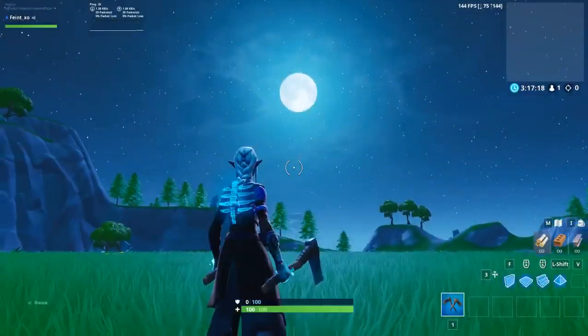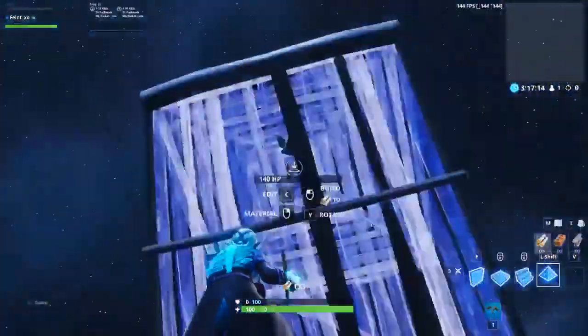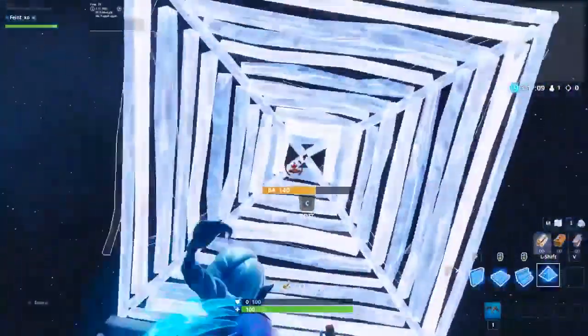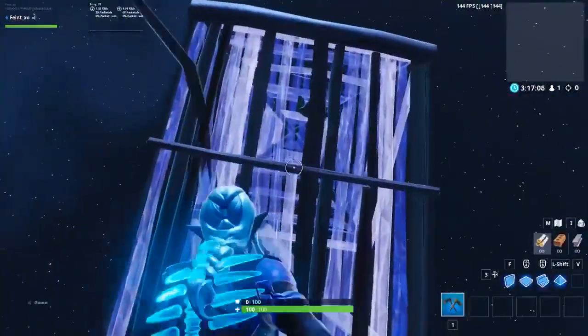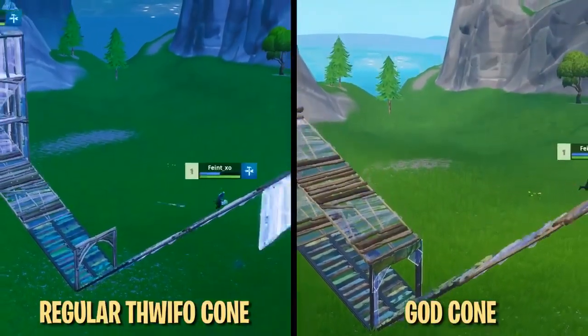The last variation, dubbed the god cone, is a little trickier. It starts out like the original 3-fo cone, but after you place the cone, you edit it and place another cone on top of that. The god cone essentially blocks enemies 1 level higher than the